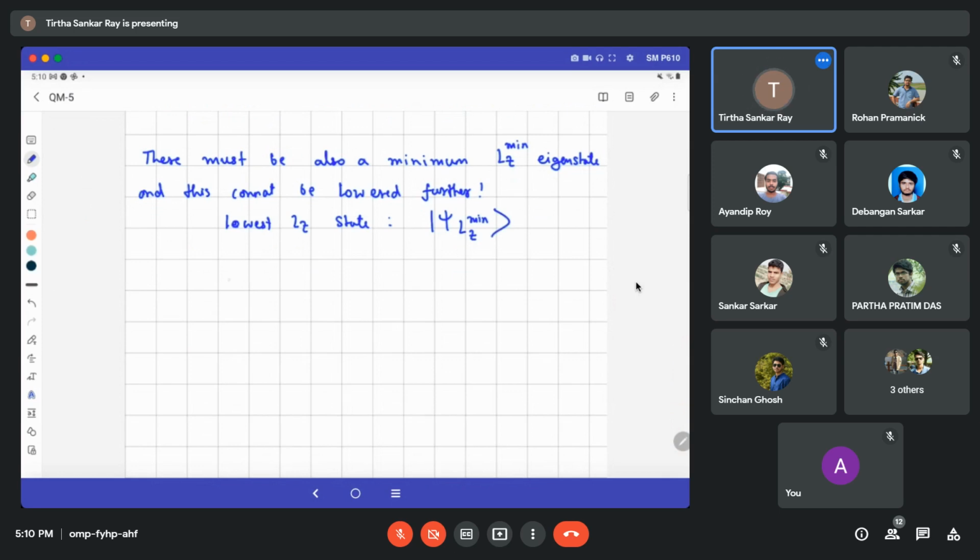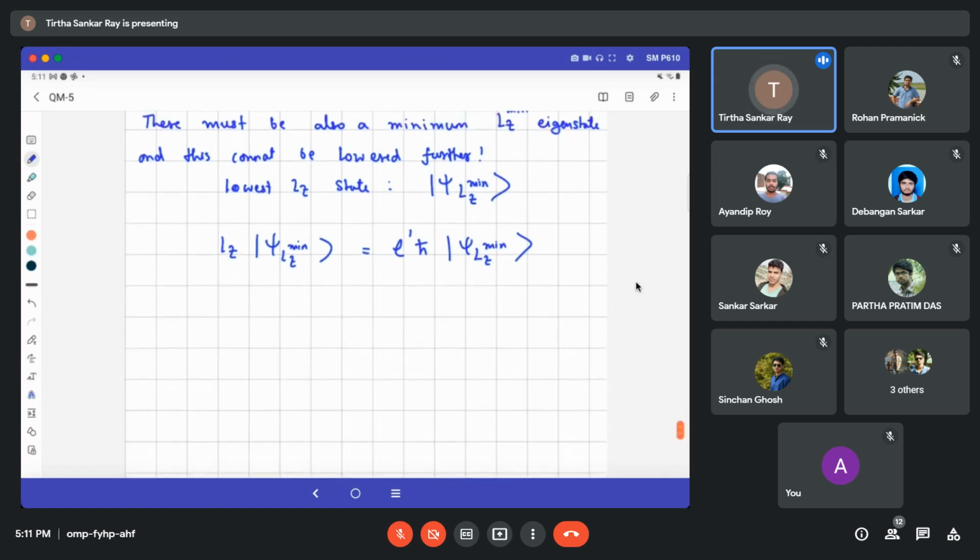And the property of this is that the z component value of this Lz minimum state is given by some, let's say, L prime h cross, which is different from the L that I used previously. Again, L is some number. We know because the angular momentum shifts in units of h cross, L prime h cross will have the right dimension of angular momentum. So you can always write down this minimum or maximum angular momentum in terms of some number L or L prime times h cross. This is without any loss of generality, right? And the important thing is that L minus acting on this Lz min state would be 0, because again your postulate is,